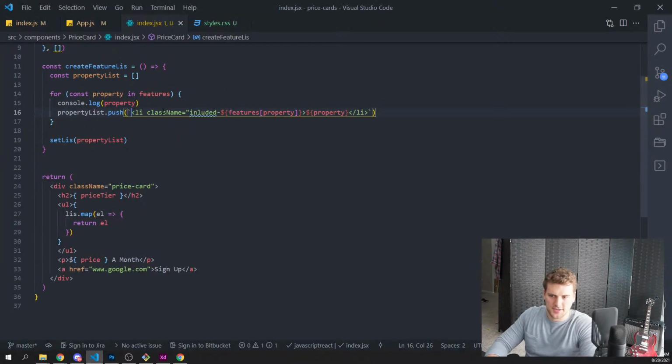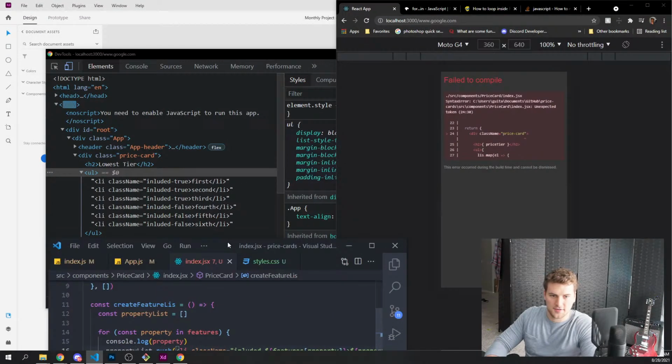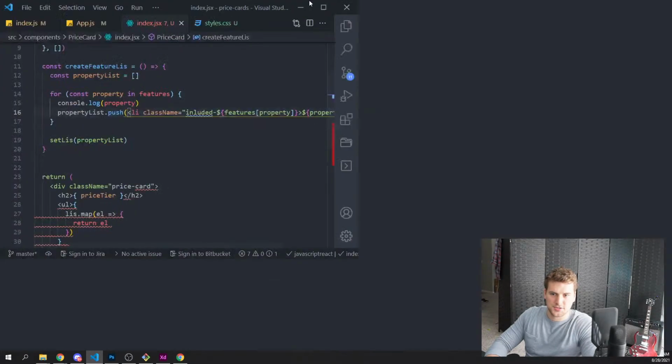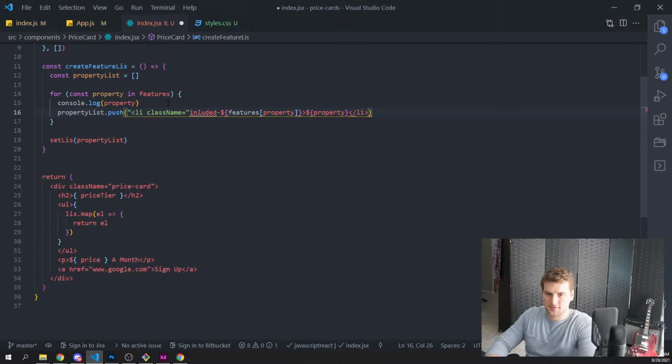actually render that as HTML. If I just remove that, it doesn't work, right? Yeah. Because I need that to actually be rendered as HTML.